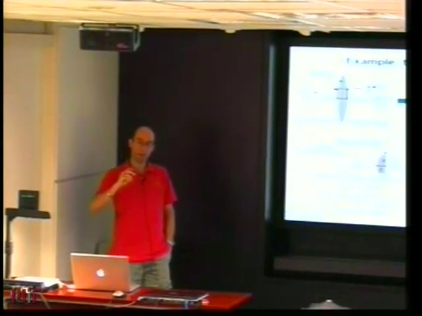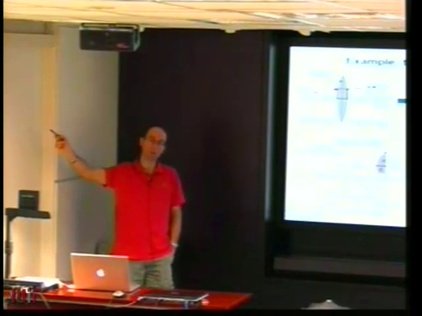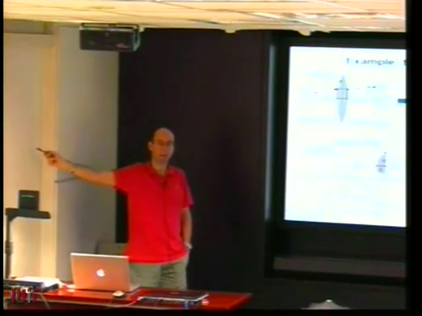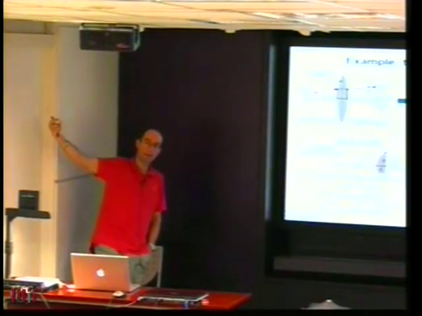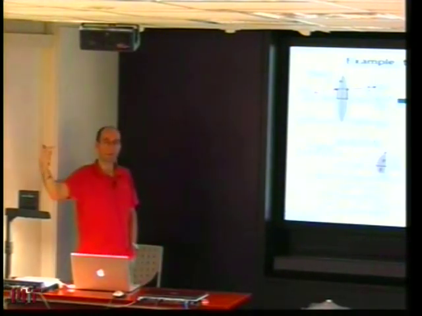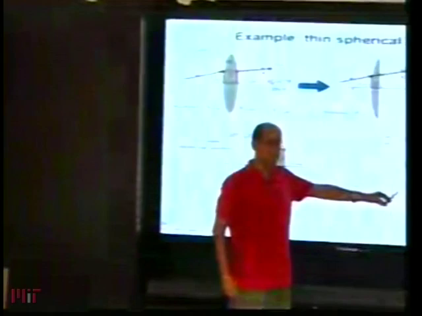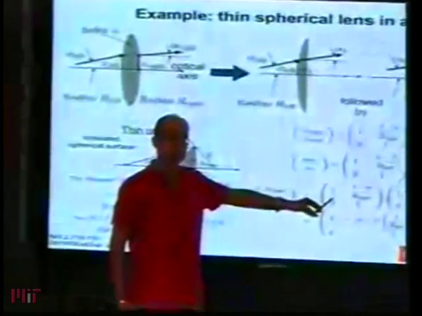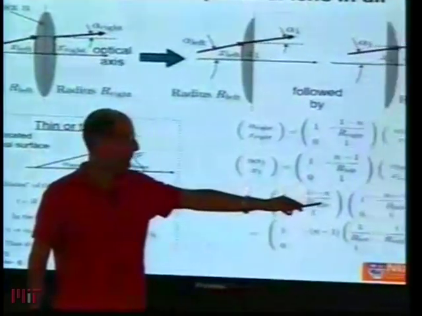So you have to remember that you start from the right, that is, you start from the end of the optical system where the rays depart, and you start cascading the matrices going backwards towards the beginning of the optical system. So this is what I've done here. I've put a matrix corresponding to the second interface. This matrix appears first, and the matrix corresponding to the first interface appears second.